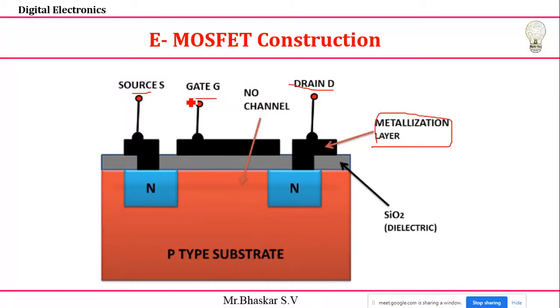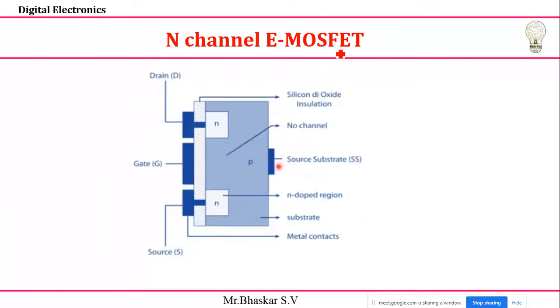And this is the structure, called your E MOSFET, that is the N channel E MOSFET. Finally, after adding this, this is the final symbol of your N channel E MOSFET. Here you can see one is the source, another is the gate, another is the drain, and next you have silicon dioxide material, which acts as an insulator. For the enhancement type we don't have a channel here initially. A P type substrate is used, and N type doped materials are used for the source as well as the drain, and this is also called the substrate.